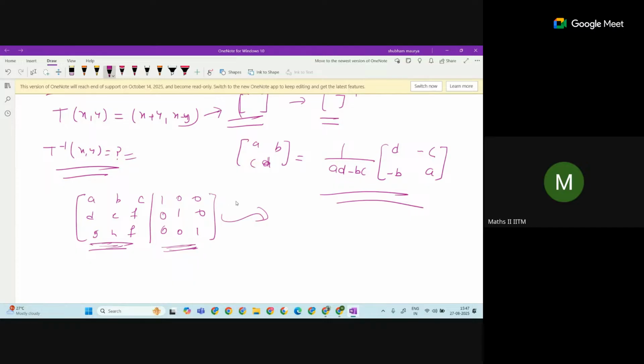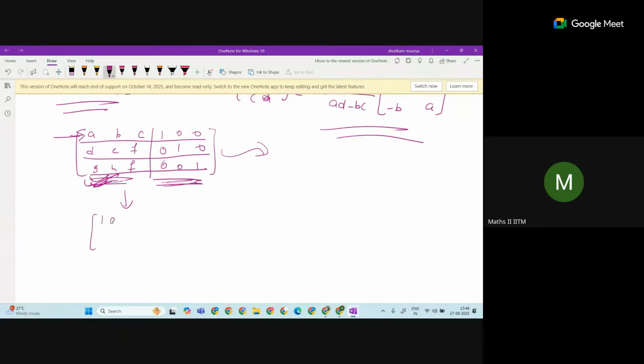You do the row operations, R1, R2, only row operations, to convert this into the identity. Slowly you do more and more operations, and this will be converted into the identity. This side will get the same operations. You have to think that this is one row, this is another row, and this is the third row, and accordingly do all of the row operations to all entries one by one. After doing the operations, this will slowly become the identity,